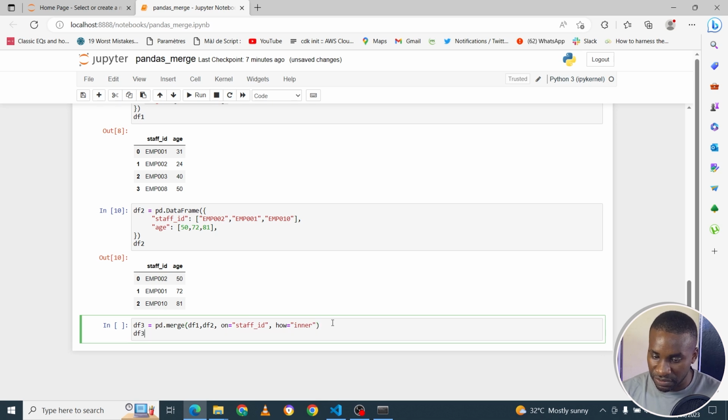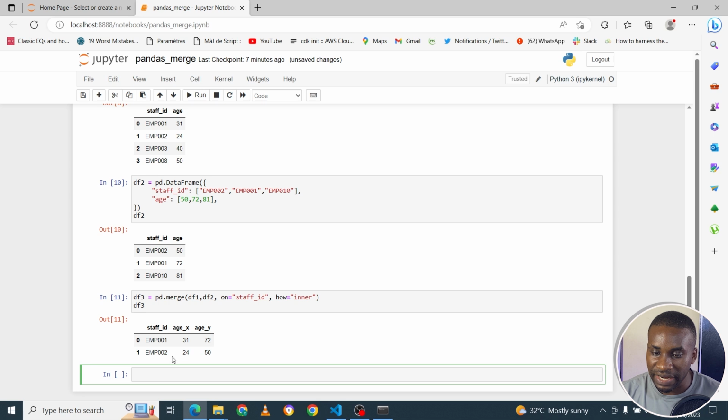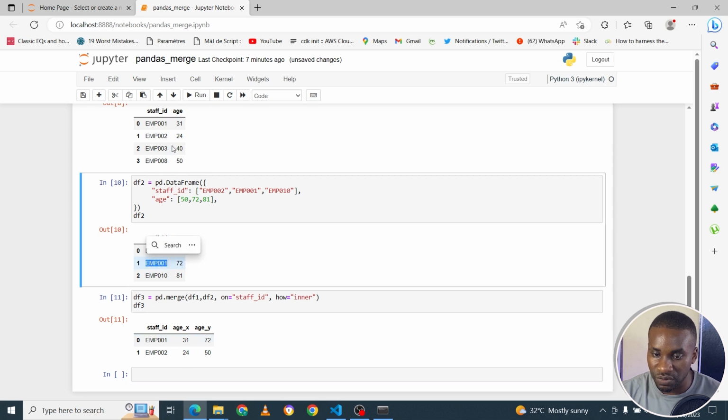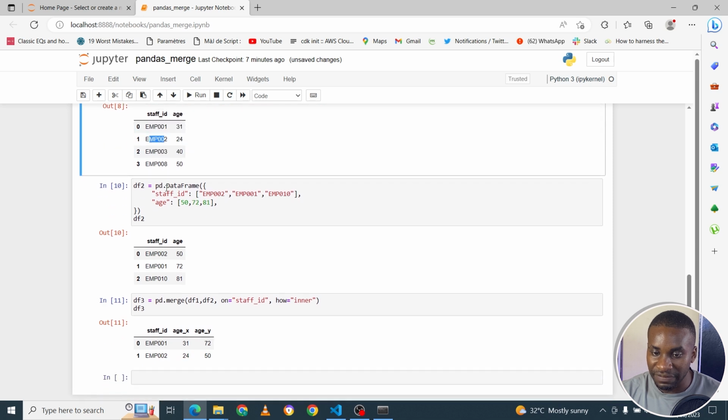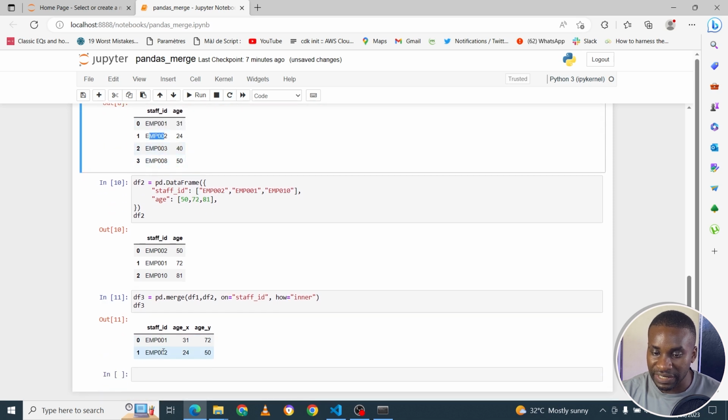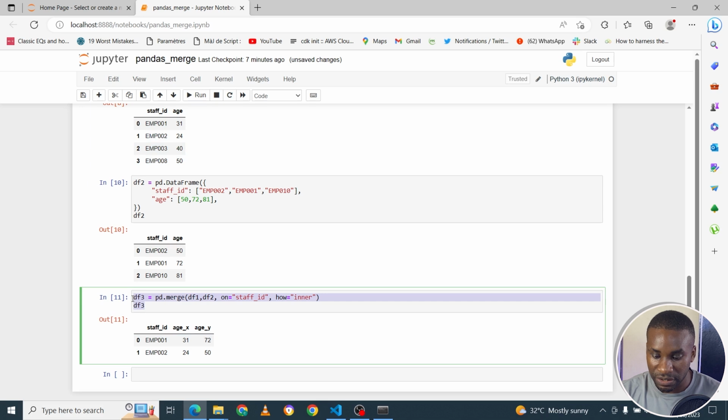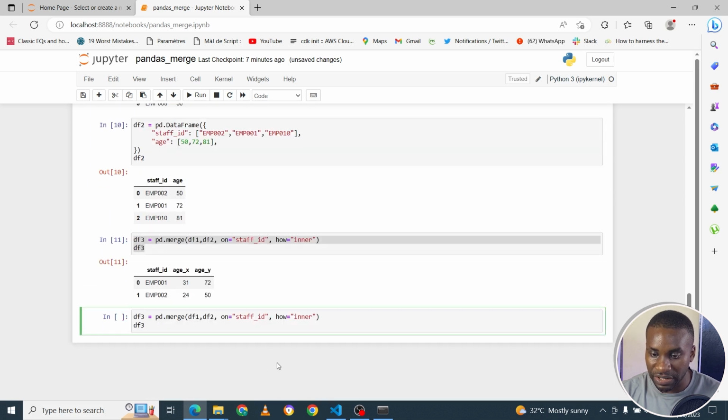So it's just those couple of lines. We have an inner join. It is joining what is common between the two, the m1 and m2, and it's leaving out the other one. So this is an example of an inner join. It joins just what is common between the two tables. We could also have an outer join. If we want an outer join, all we need to do is change this to outer,